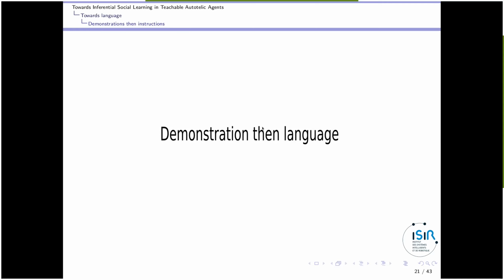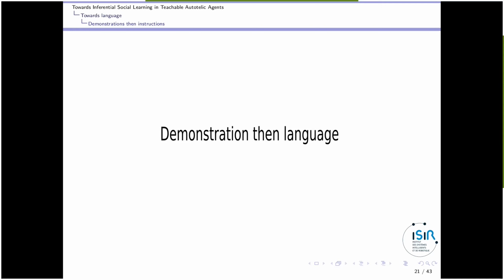Okay, perfect. So in what I've shown you so far, the interaction between the teacher and the learner was only through demonstrations. But what I said with this framework is also correct with language.